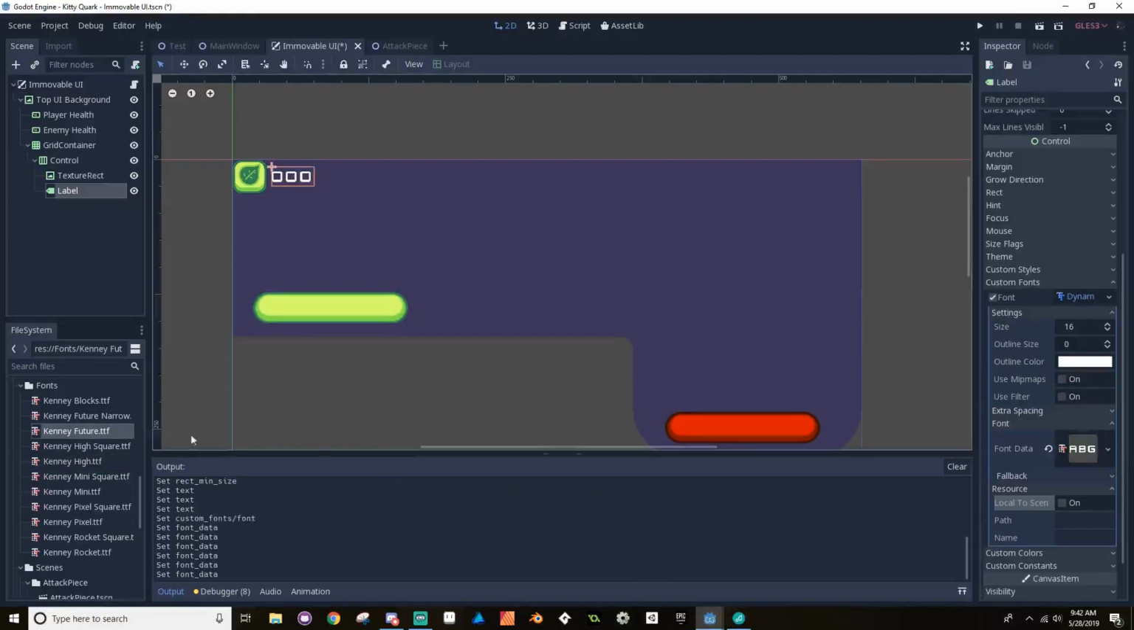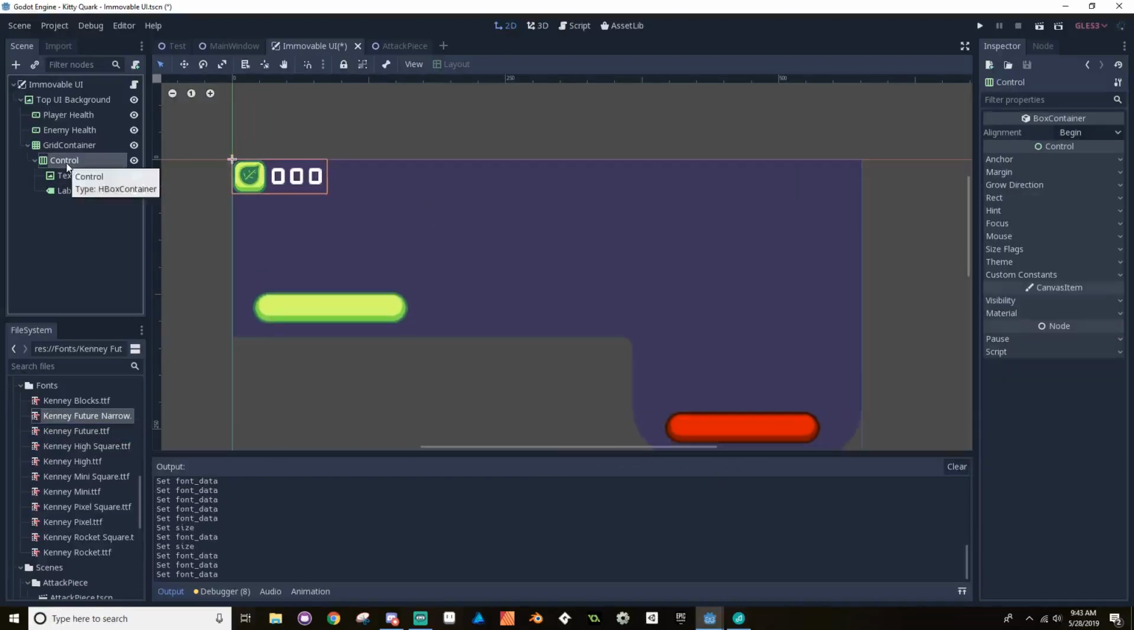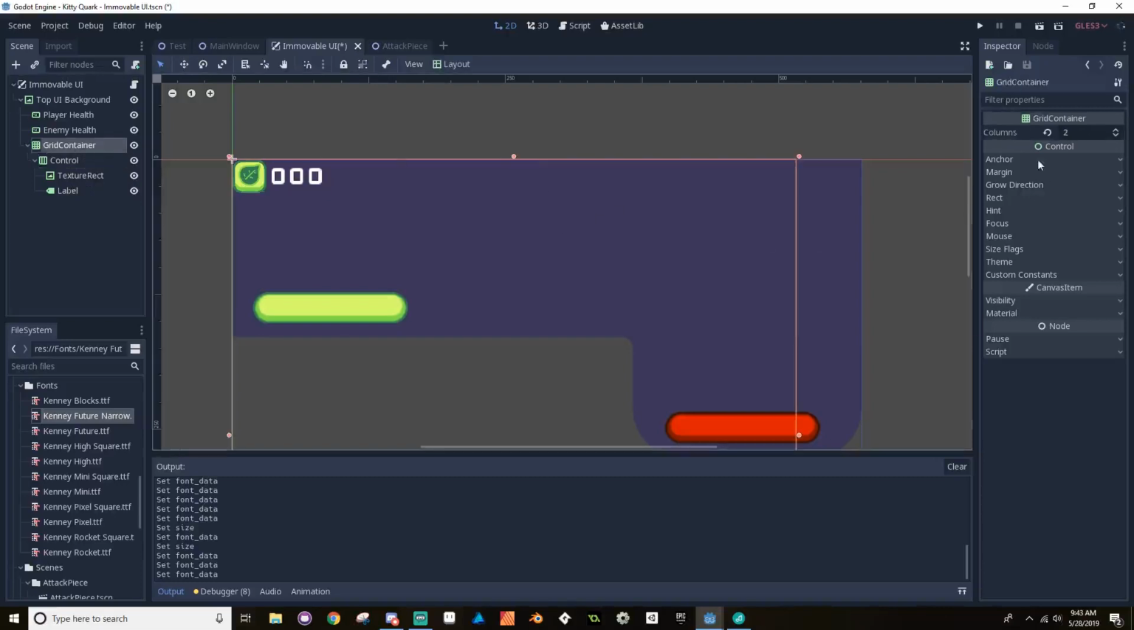Since I'm using vector art, all of these pixel art ones don't really match. Let's also change the size. Let's make this 32. That's not too bad. Let's look at future narrow and future. I think I actually like future narrow. Okay, cool. So the reason I'm going through all this trouble here is because